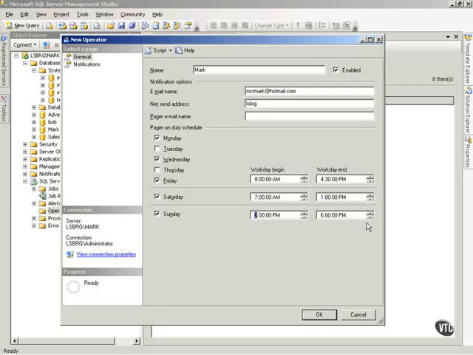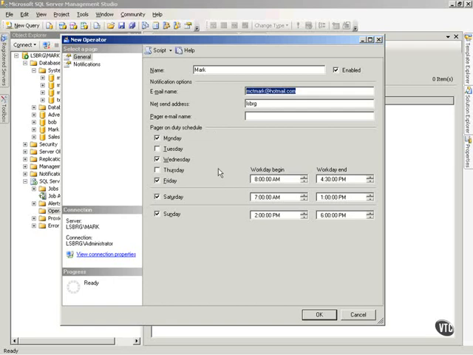to 6 p.m. So notice what's going to happen when a job or an alert happens and someone needs to be notified. By putting me in, SQL's automatically going to check to see if I'm on duty for pagers and page me. Otherwise, it'll net send me or email me. Now notice the strength in this. If anything happens that I need to be alerted on, it'll email me, net send me, or send me a page. And again, and I've already said this, but you'll have to have a third-party pager system tied into your